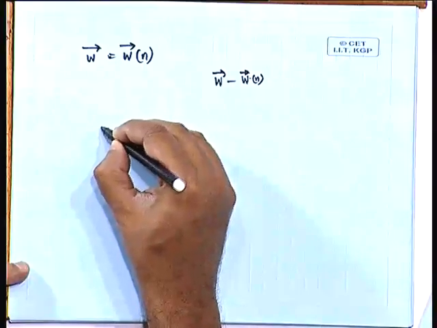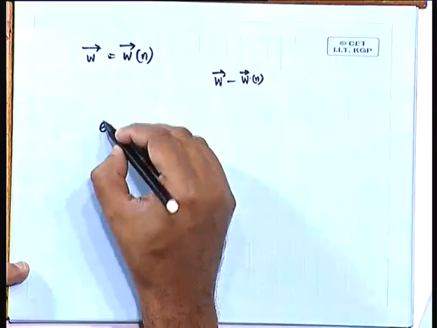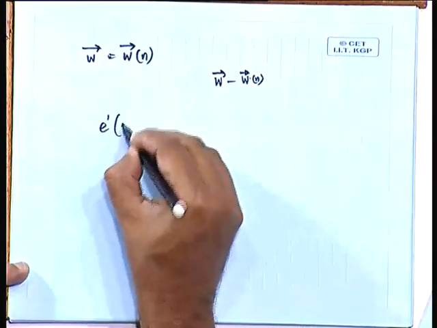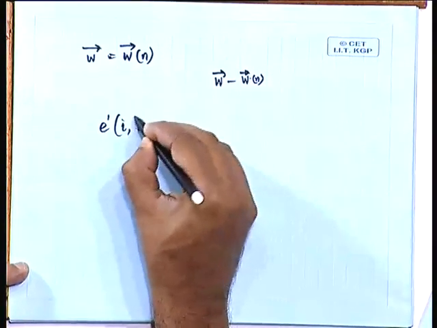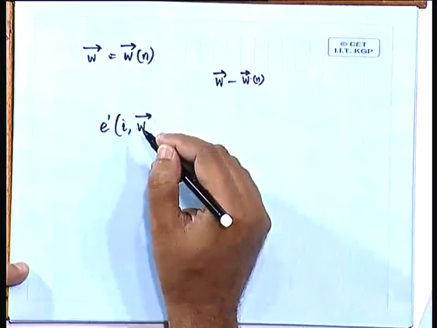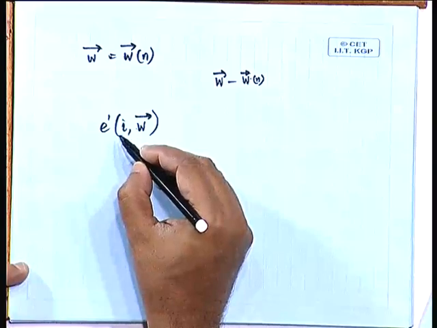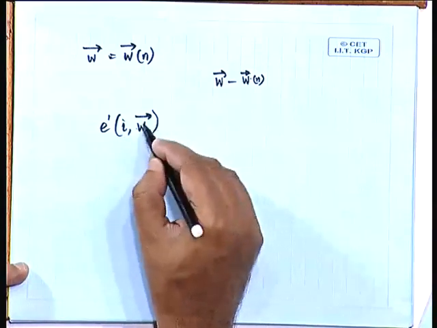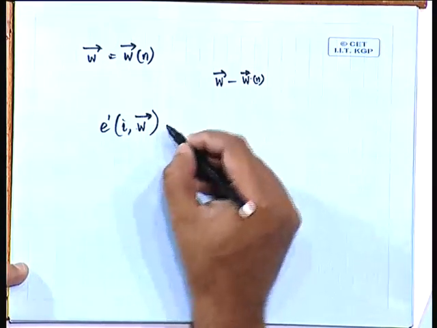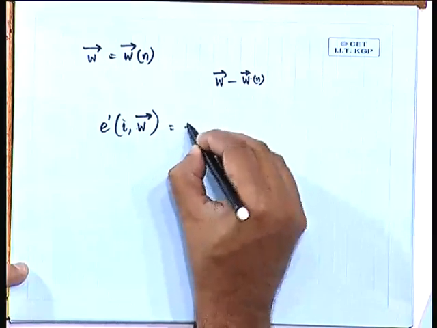So, let us say that for the ith observation, the updated error is expressible as a function of i and W, and this is equal to Ei